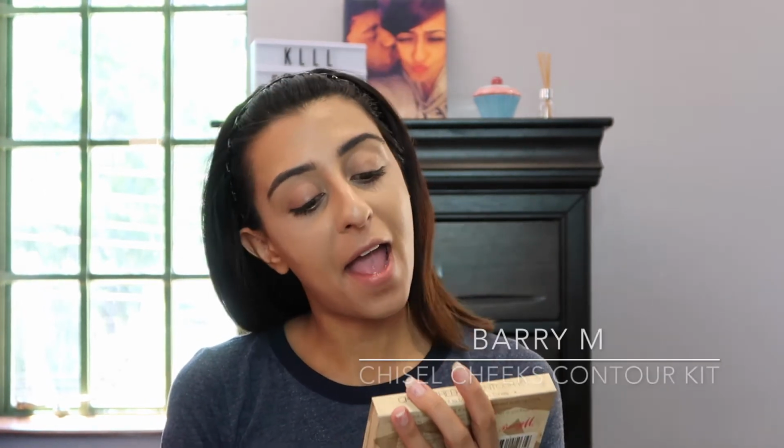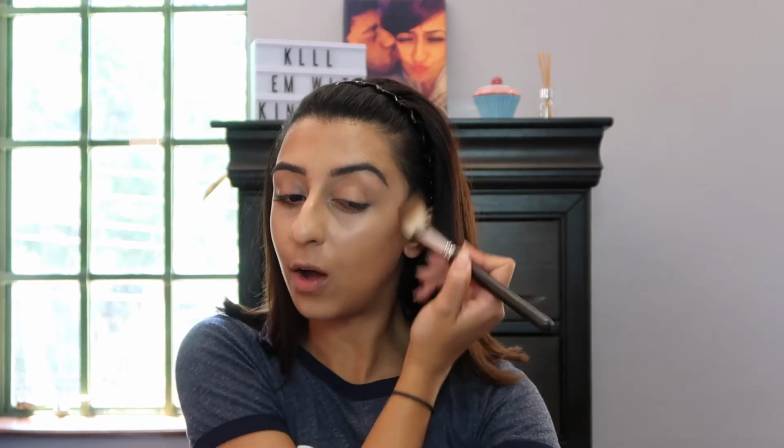Next I do my contour and the highlight. So I always reach for my Barry Flawless Chisel Cheeks Contour Kit. This is the light to medium. I really like this. It's the perfect ashy brown shade that you want for your contour. So I tend to just mix the two and use whatever's on my brush to do both sides of the contour. I just concentrate it on the tips here usually,